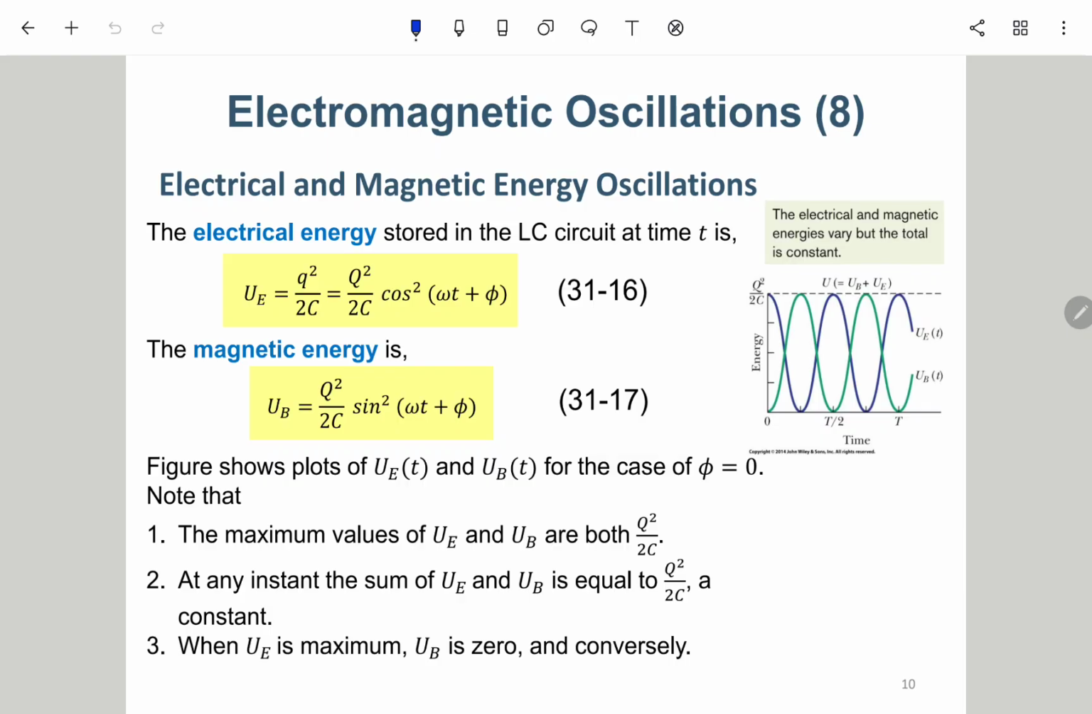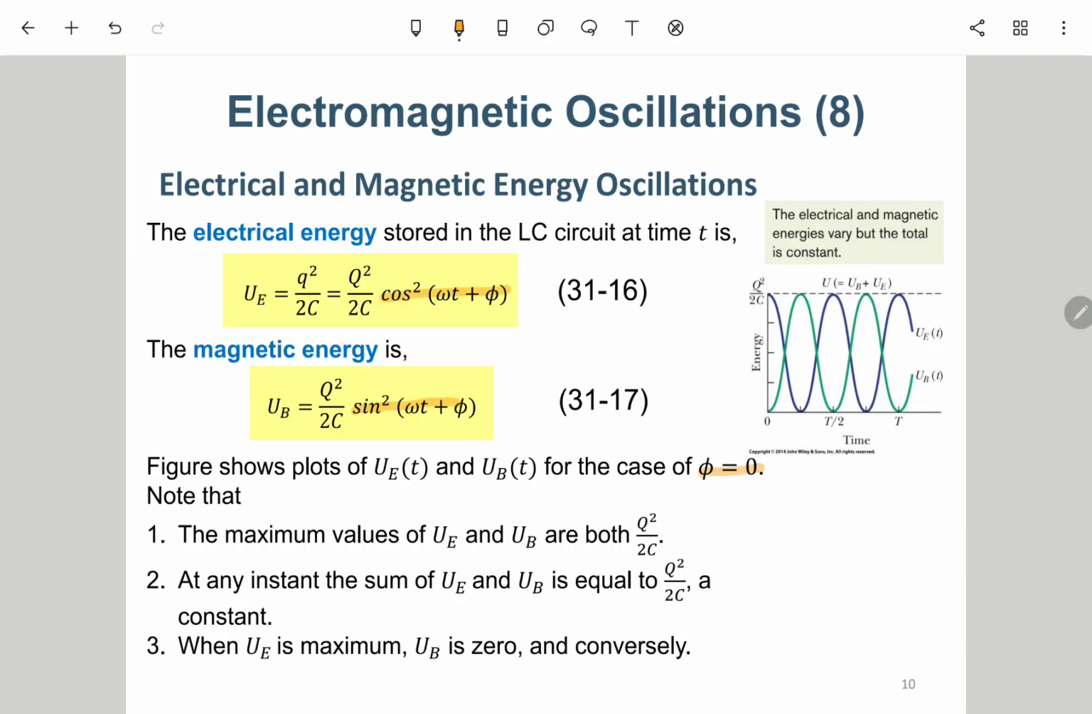And then there comes out something interesting. In high school trigonometry, the very first identity you learn is that sine squared of something plus cosine squared of something turns out to be 1. So UB plus UE will be q squared over 2C. At the bottom it tells you that this is for the case of phi equal to 0, because phi is just a reference. You can take a suitable coordinate system so that you can always eliminate phi if there's only one signal with a phase. So it is okay to take phi to be 0